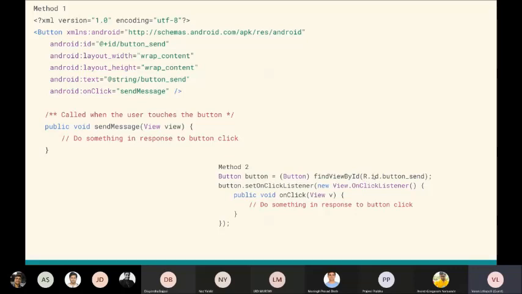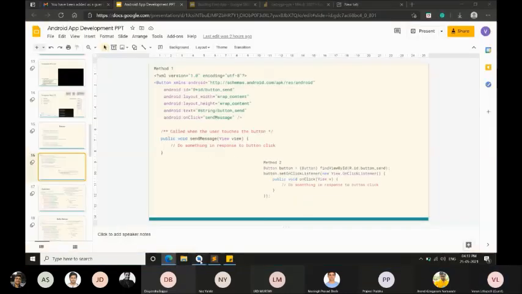What is this R? R is everything, whatever resources you have. Earlier we saw a folder called resources, in which we have drawables, layouts, and everything. Everything is contained in R. In this R variable, in ID, we are giving the name of this ID, button send. We are getting that button, and if it is clicked, set on click listener, what it should do immediately. If you type set, this entire code will come up. You don't need to learn or remember these things. If you just type button.set, the entire code will come, and you just need to type the same thing. I will just show now how it works.